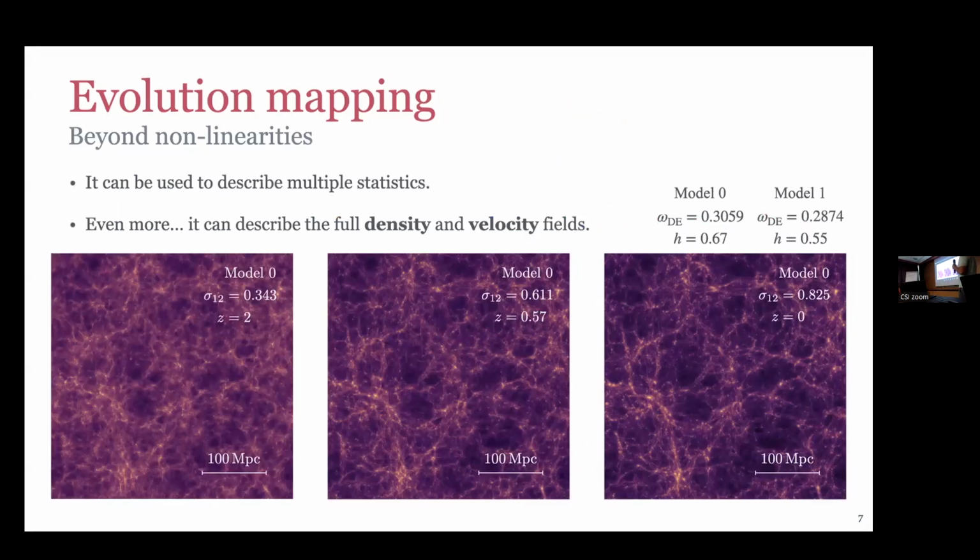For example, here I have 3 snapshots of a model with this dark energy density, and thus this H value, evaluated at different redshifts. And here you can see the sigma 12 values. Then I have another model with the same shape parameters, different dark energy density, and thus a different H. But you can see that if we look at the same sigma 12 values, they basically look the same. Like I can go back and forth, and they are the same by eye.